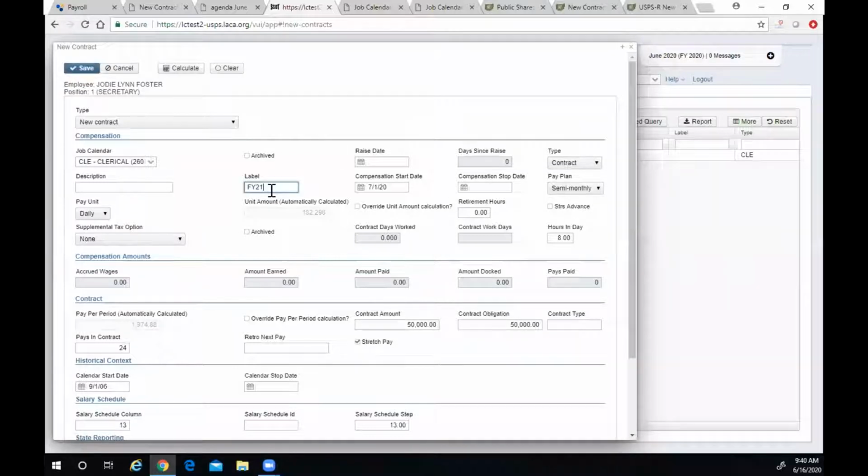You could put in a label here of some sort to identify all of your contracts that they're for the FY21 year, to do the mass change more easily. If not, we'll figure out a different way based on compensation start dates and compensation stop dates. And in redesign, the compensation stop date is important. If I save this screen without having one, it's not going to force me to enter one. But